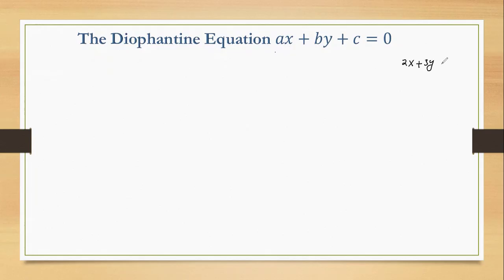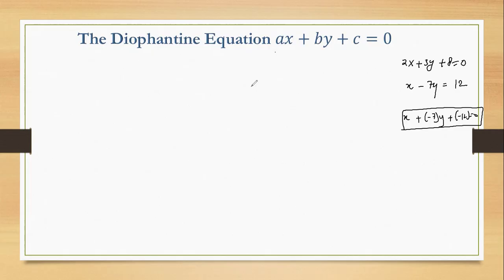For example, if I write here 2x + 3y + 8 = 0. Or it may be possible that the equation is not directly in this form. It can also be in the form like x - 7y = 12, but you can convert it into this form: x - 7y - 12 = 0. Now it is looking similar. The criteria is mentioned here.